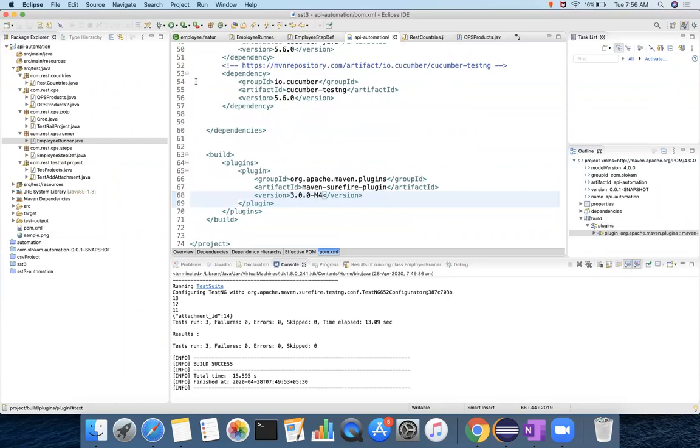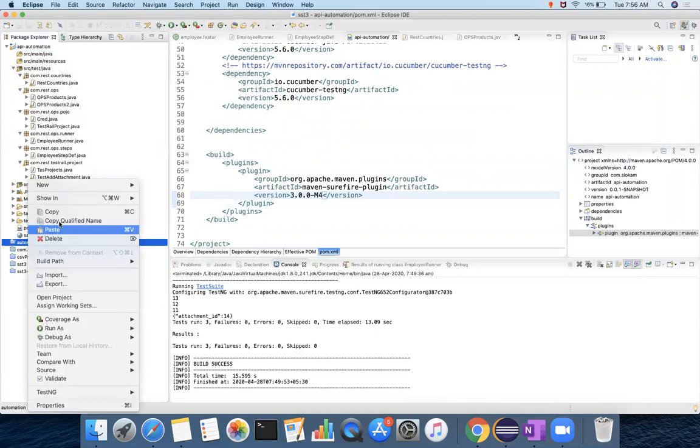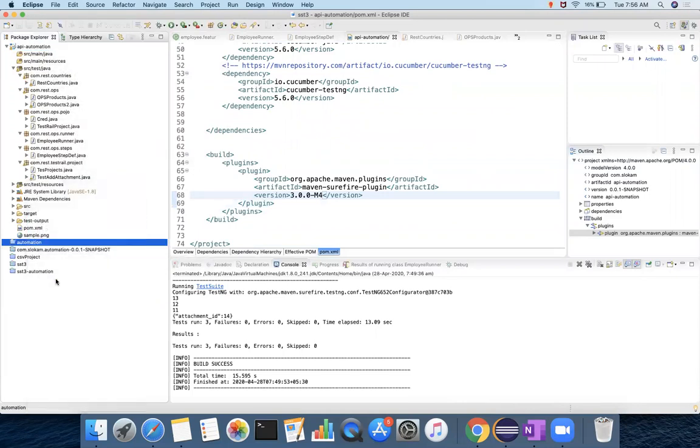Or you have another concept in TestNG, right? If you want to run employee runner, you can create a testng.xml. This testng.xml has the ability to configure which class is to be executed, and from there you will run the test cases.